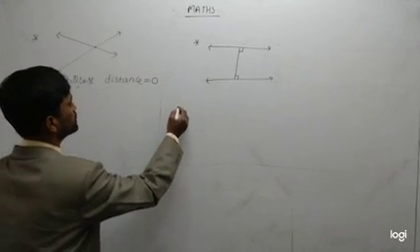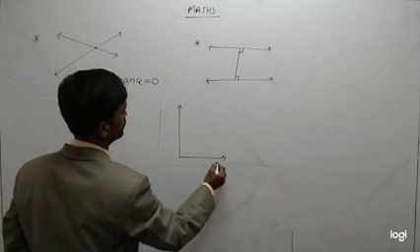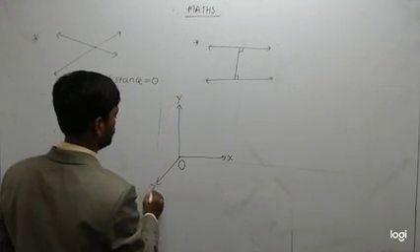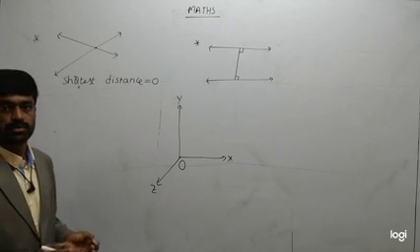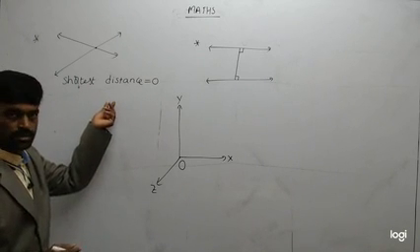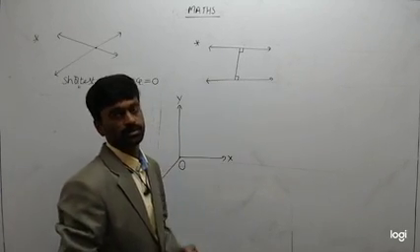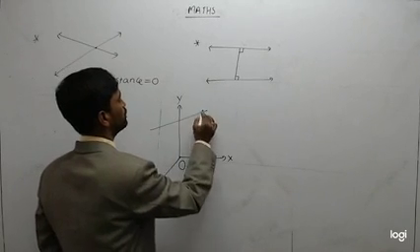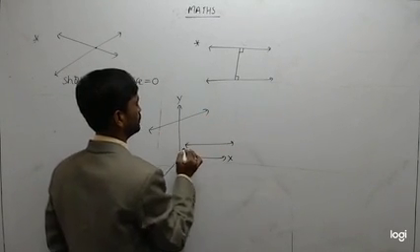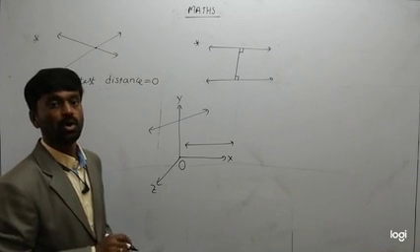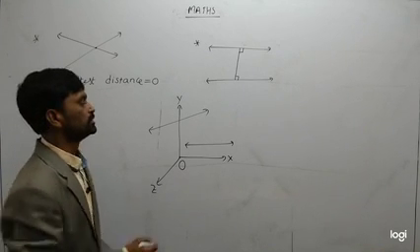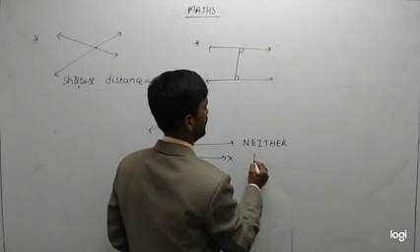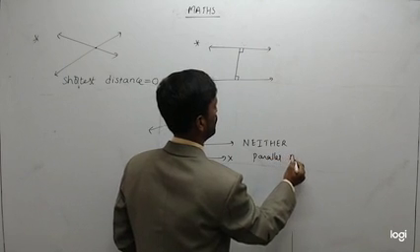If you consider the coordinate system, in space you'll get one more case. That is, in case of space, if you take any two lines, either they may be intersecting lines or parallel lines, and one more additional case in three dimensions is that they are neither parallel nor intersecting. Okay, these two lines are what? Neither parallel nor intersecting.